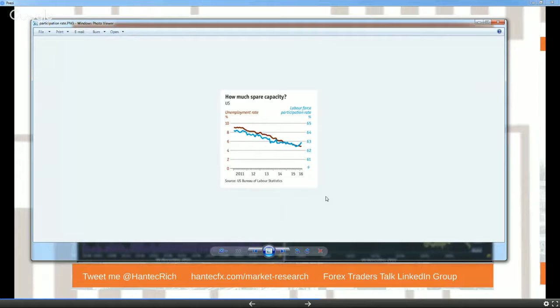But now the labour force participation rate has started to tick higher. You could argue also that now will start to mean unemployment will go up, because the more people that are in the market looking for jobs, the more people arguably may not have jobs, so that would increase the unemployment rate. So you could argue that the participation rate is more important than the unemployment rate. So the Fed certainly looks at that, and Janet Yellen talks about the participation rate quite a lot. But also